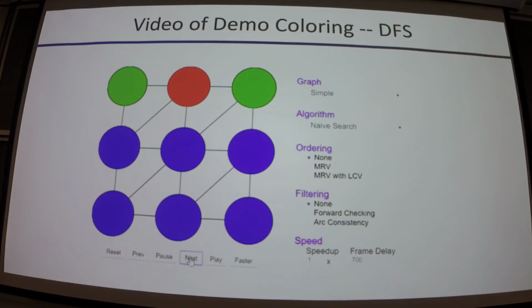Yes? One question. Depth first search is supposed to go through all the children first, right? It goes through one child first. Down, down, down, down. Yes. So why did it move from the third node from the bottom right all the way to the top left node instead of... Very good question.